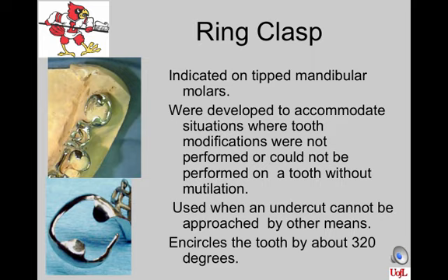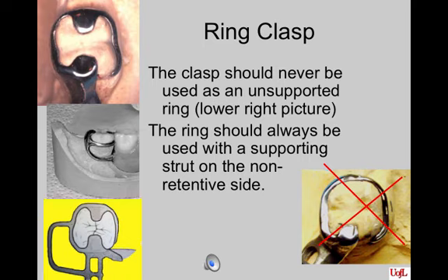The undercuts are usually on the mesiofacial or the mesiolingual surfaces, which are next to the point of origin of the clasp from the minor connector. The ring clasp encircles the tooth about 320 degrees. The clasp should never be used as an unsupported ring, as shown in the lower right picture, without that distal rest. The text states that the ring clasp should always be used with a supporting strut on the non-retentive side,